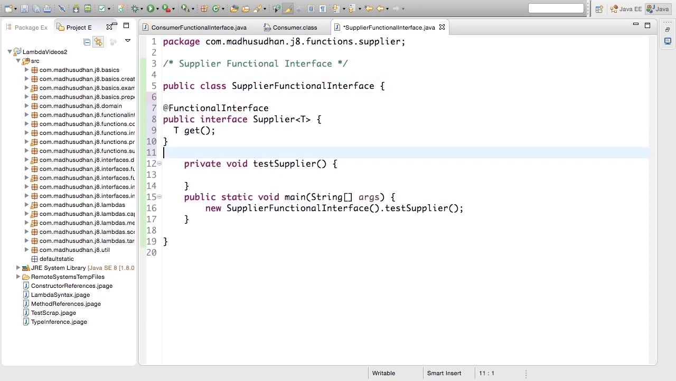The definition of the supplier interface looks like this. It is a generic interface with one method get which has no input arguments but returns same type of object back. We may have situations like loading list of employees in our application cache, or maybe fetching newly created trades,